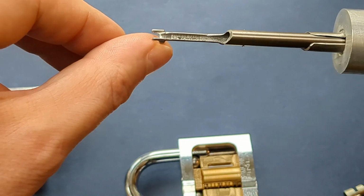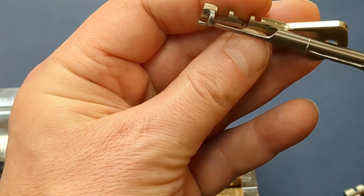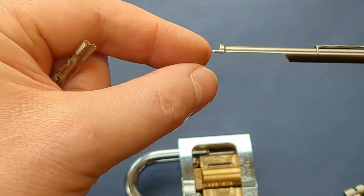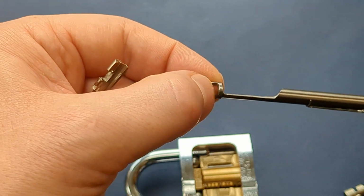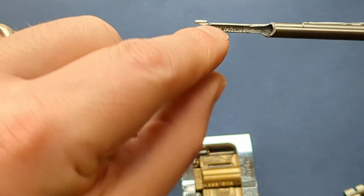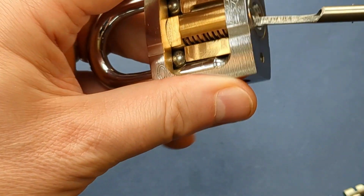Now this design here, you can see I've got a decent amount of length on the end, matches the double disc, but I've just got these prongs on the end rather than a full arc, and the idea is that it will fit over any variation of the rear profile plate, be it left or right, and similarly this will go over any variation of the front plate, left or right. So if I pop that in here,